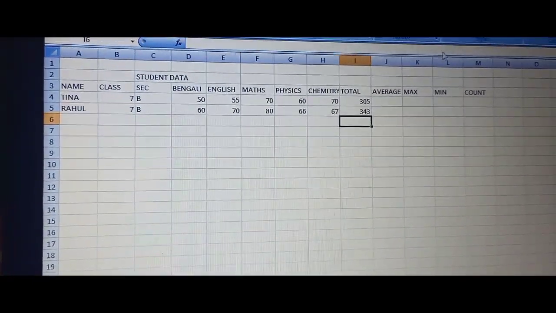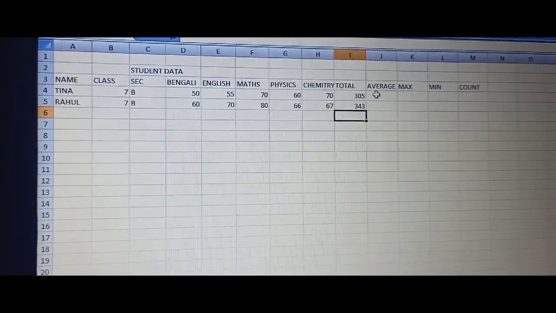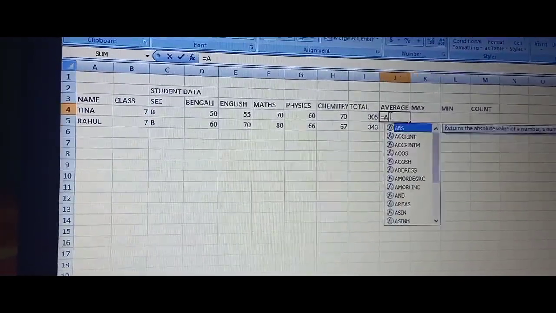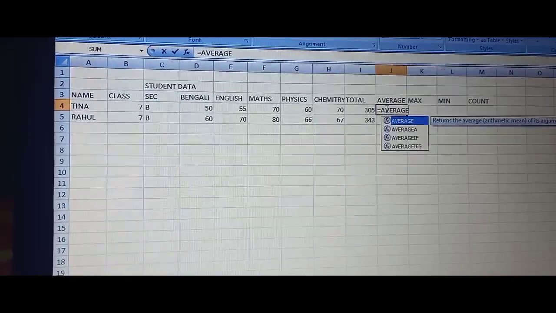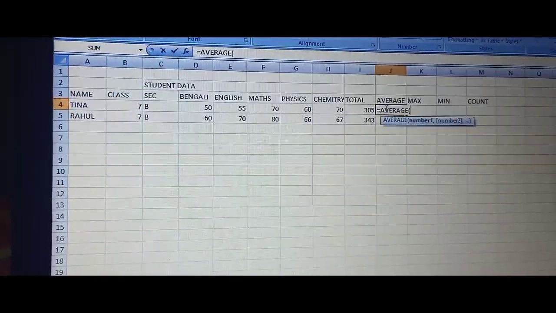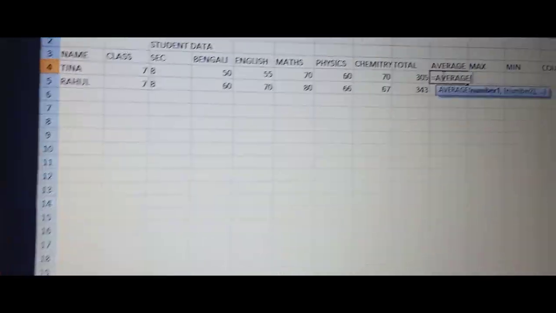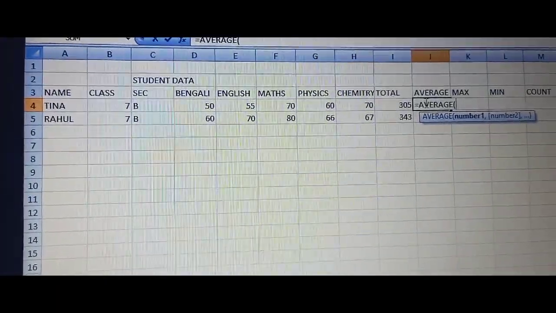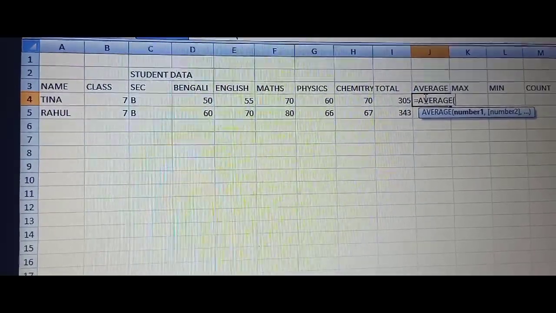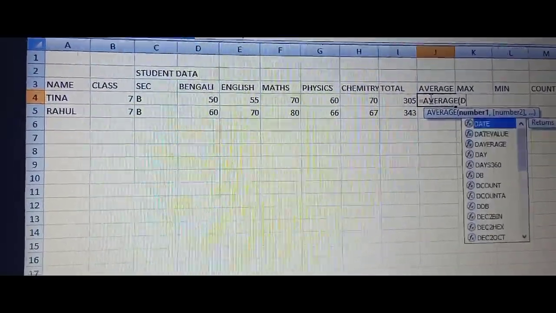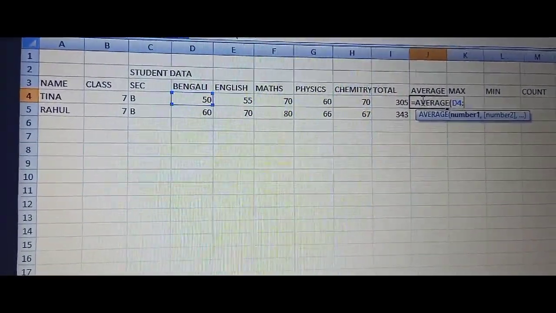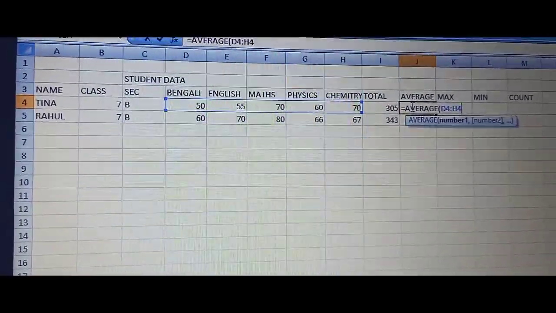Now average. Average of all marks. Again pretty simple. Equals to average, then again the same way we will write the cell names, D4 to H4.